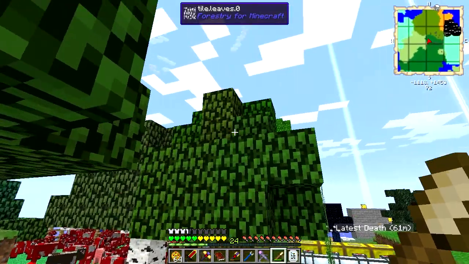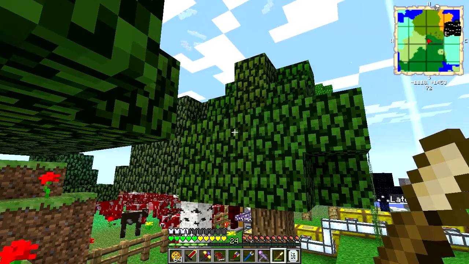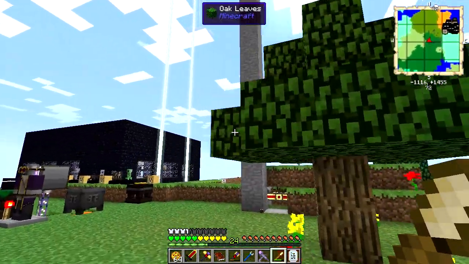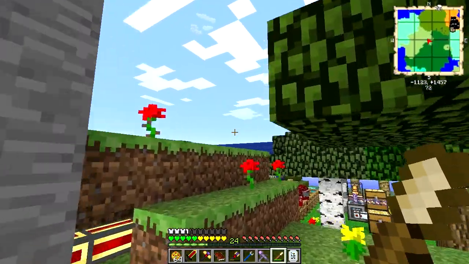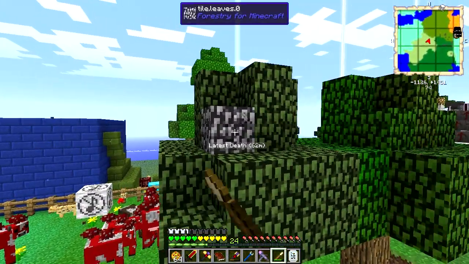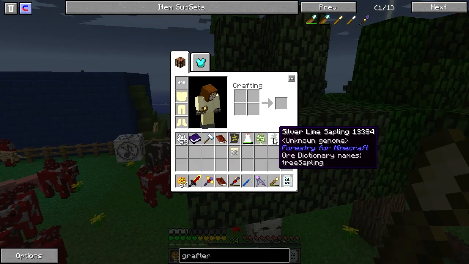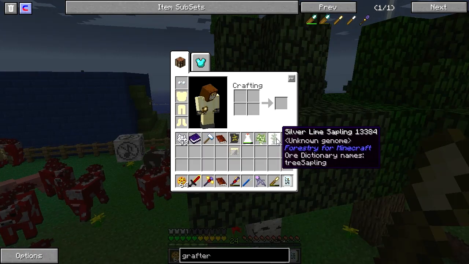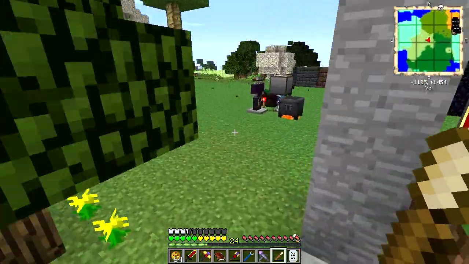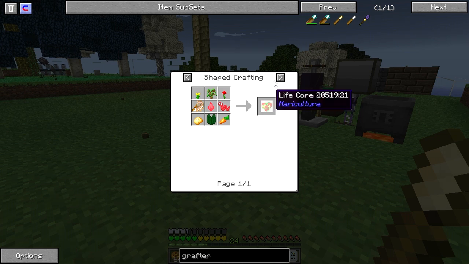Some of those leaves do look a different color up there. Do they stand out a lot with these specks on? No, they do not. That one does, though. That gave me a silver lime sapling, which is exactly what I was looking for. So, silver lime,